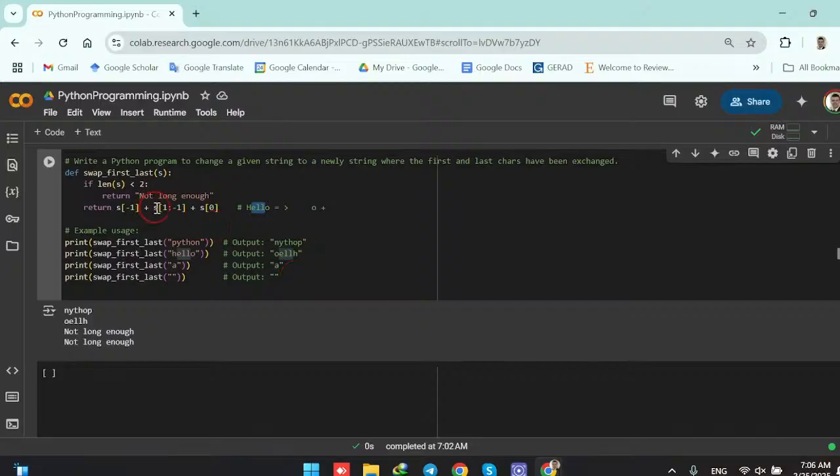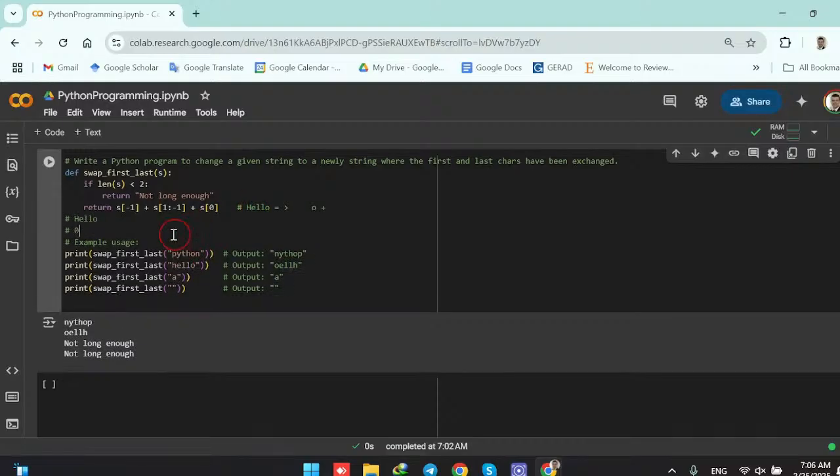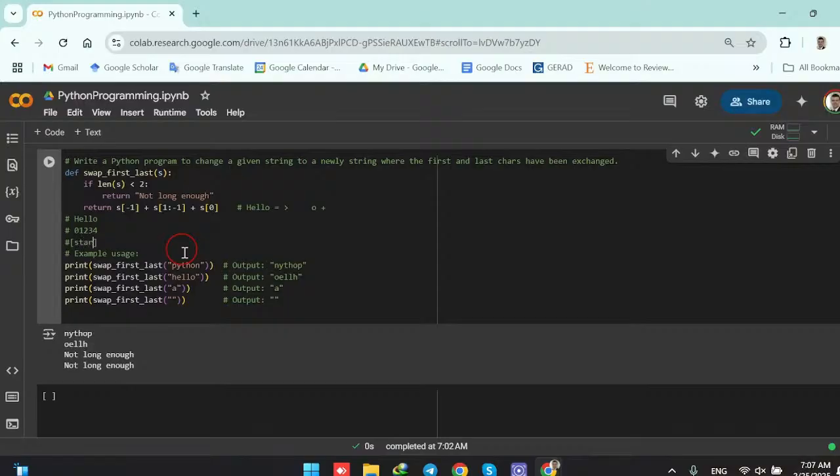Okay, and why are we having index 1 from E? Because when we are having a string like hello, the indexing starts from 0, 0, 1, 2, 3, and 4. Okay, this is my indexing. And now H is having index 0 and E is having index 1. Okay, so from 1, which is the starting point, and the starting point